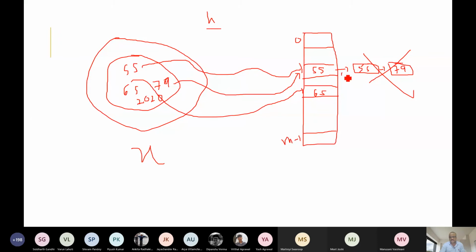Say this is the 10th index, so h of 55 was 10, and now h of 79 is also 10. As you said, we have to search for a free slot in this array. So how to do that?